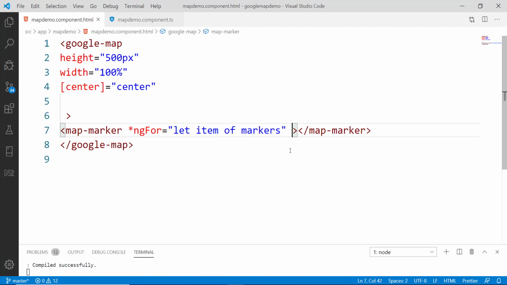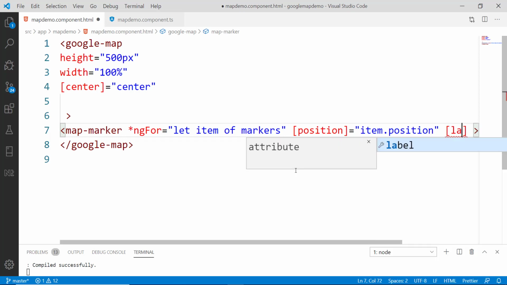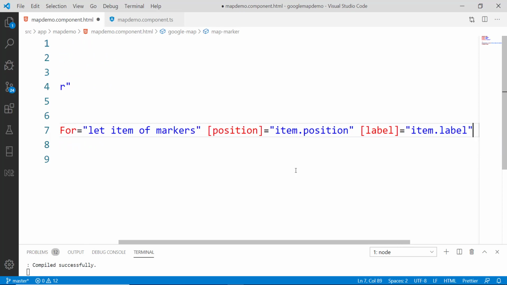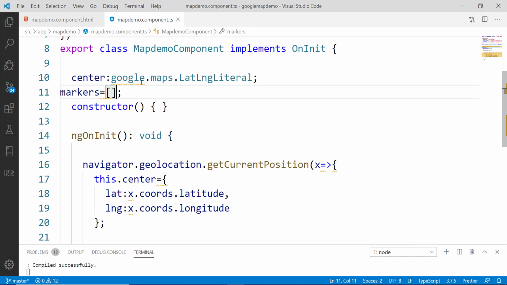So here that map marker has some different properties. We can set it to position. So position is a parameter which has our marker's location. So here I'll say item dot position, and then we will have the label, and here I can say item dot label. Make sense? And on my TypeScript,